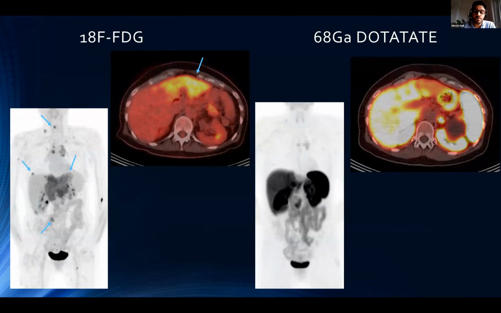Here is just an example of discordant disease. So this is a patient who had an FDG PET and a DOTATATE PET at a similar time frame. They had quite markedly progressing liver disease, and you can see here that there's discordant disease, especially in the liver, where the left lobe is infiltrated by FDG avid disease, which is relatively photopenic on the DOTATATE PET, and it also shows multiple additional extrahepatic sites of disease, namely within the mesentery, in the cervical spine, and actually at the right breast as well.